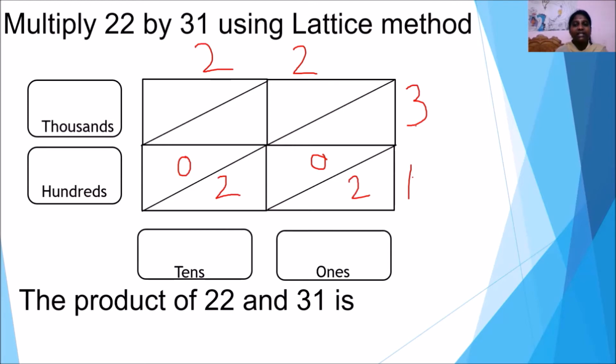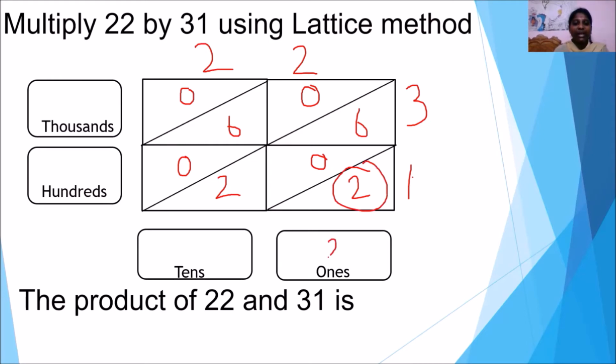Next, you can multiply the tens place digit. 3 multiplied by 2, we get 6. In the number 6, 0 should be written above the diagonal line. 6 should be below the diagonal line. Next, we have to multiply the 3 with the 2. We have to write 3 2s are 6. Here 0 should be above the diagonal line. 6 should be below the diagonal line. Once the multiplication is over, start adding the diagonal numbers. In the ones place, we have only 2.